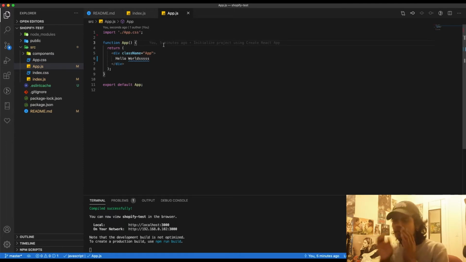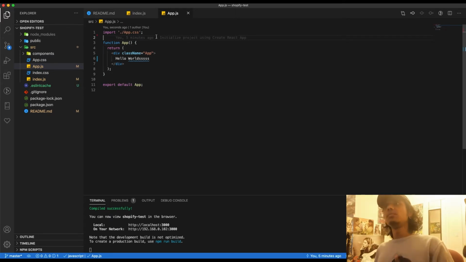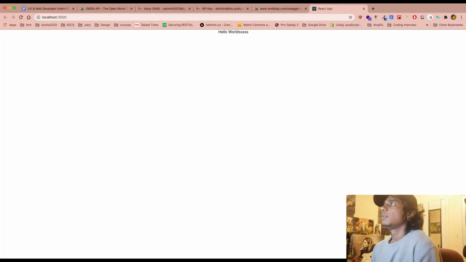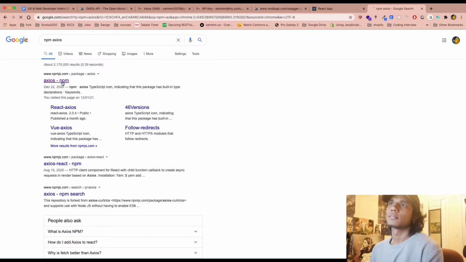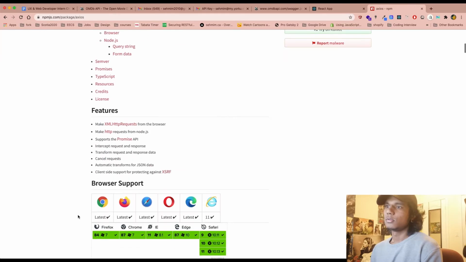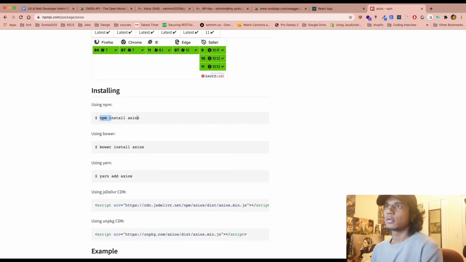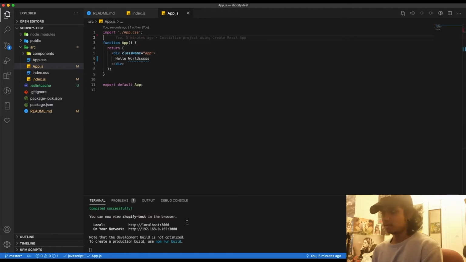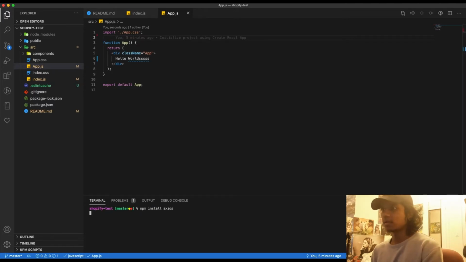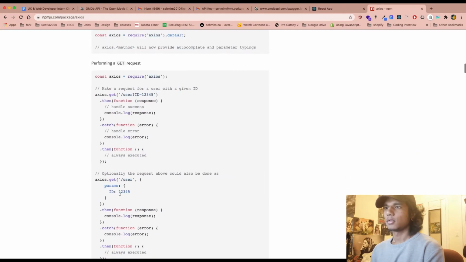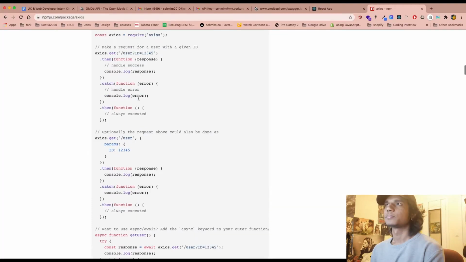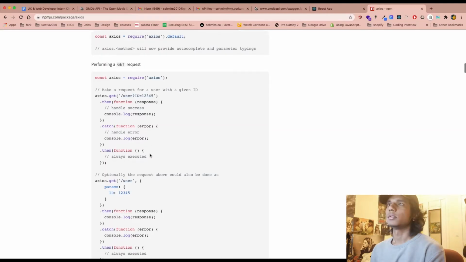Alright, so what I'm gonna focus on first of all is fetching the data and just showing it in a console log. For that, we will need Axios. Let me just go on npm, Axios. Get this dude, install them. Open up a new browser here. So while that's happening, let's just start coding because we're elites and that's what we do. Not really, but